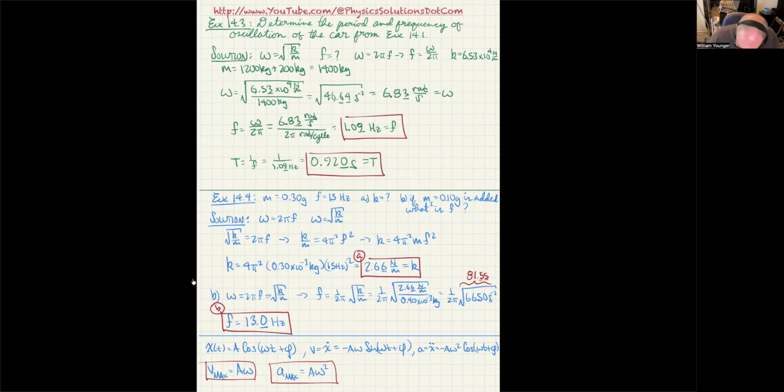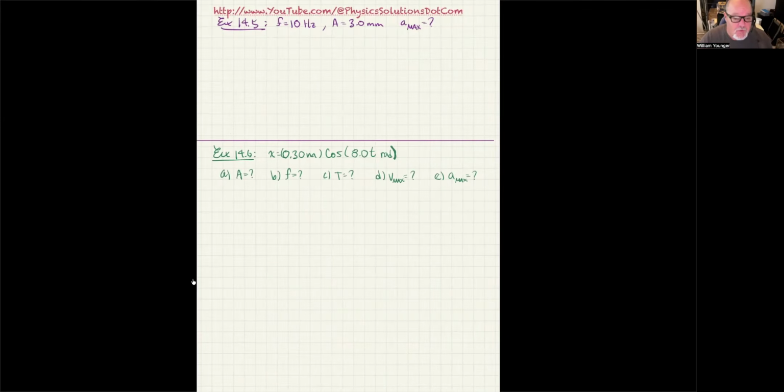Just to finish this off, I should say that x max is really just the a that we're talking about, and that's why we call it the amplitude. So I didn't feel right writing those other two equations without writing the x max equals a equation. Now we're going to go ahead and move on to our next example. Now that I've explained a little bit more about that, we're going to go on to example 14.5,